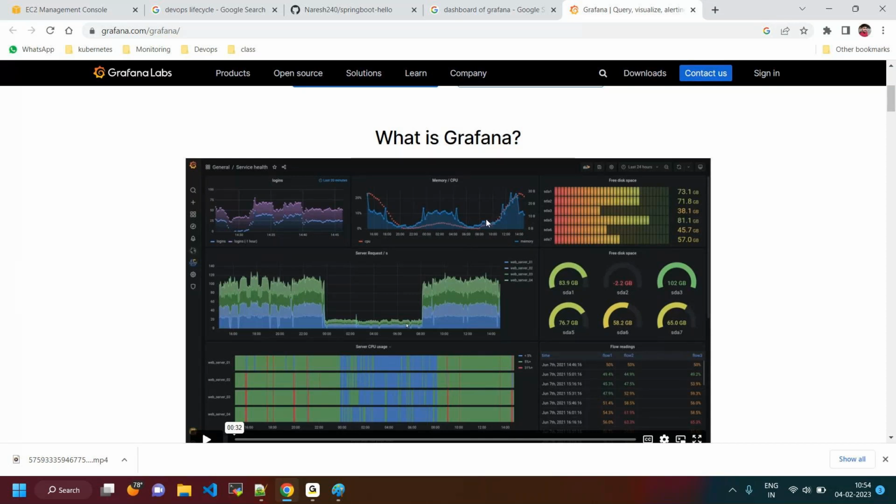So because of that reason, we are going to be using these particular tools. We can easily find out which particular roles, which particular CPU, at what time the CPU is going high. Those things we can find out, and what is the reason behind that, then we can easily find out. And by using this, we are going to be getting some alerts also.